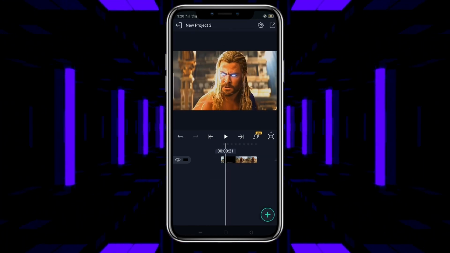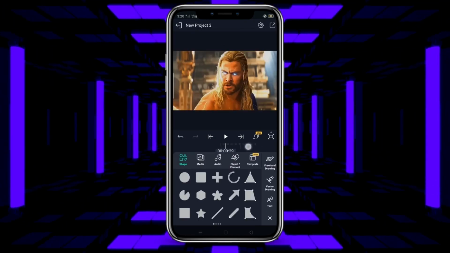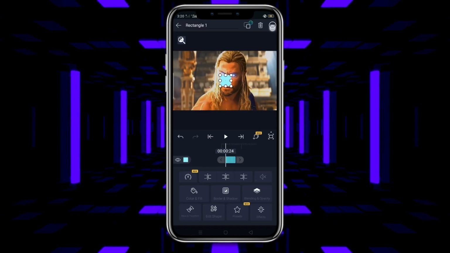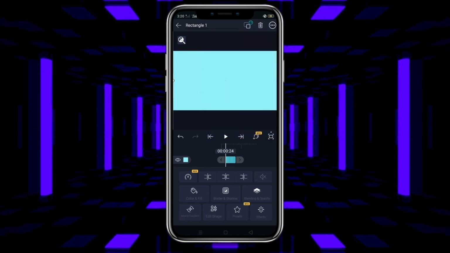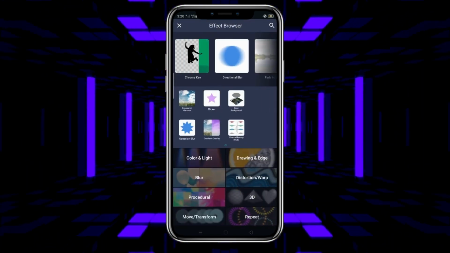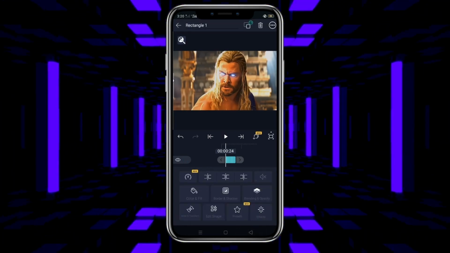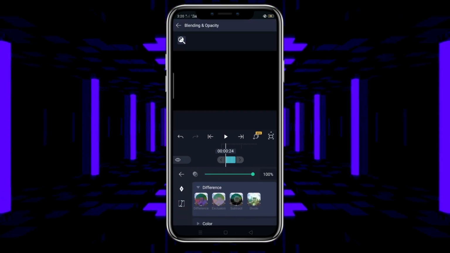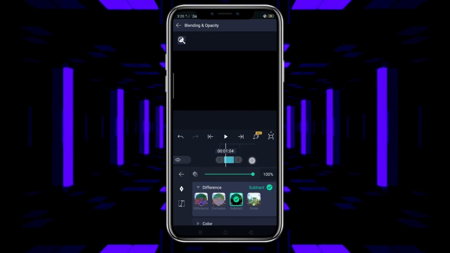Adjust and add the black shape. Fill the composition area. First, add the copy background effect and blend opacity. Select difference and click subtract